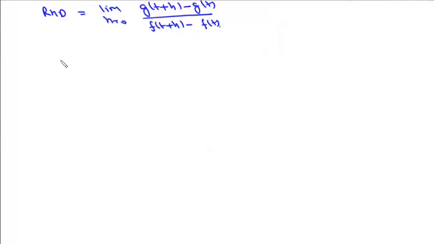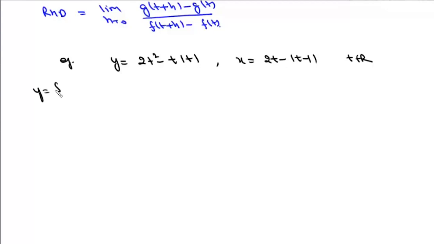Now let us take one example. Say for example, we are given this function which is y equals 2t square minus t into mod t and x equals 2t minus mod of t minus 1 for all t belongs to R where t is a parameter. Now we have to find differentiability of y equals f(x)